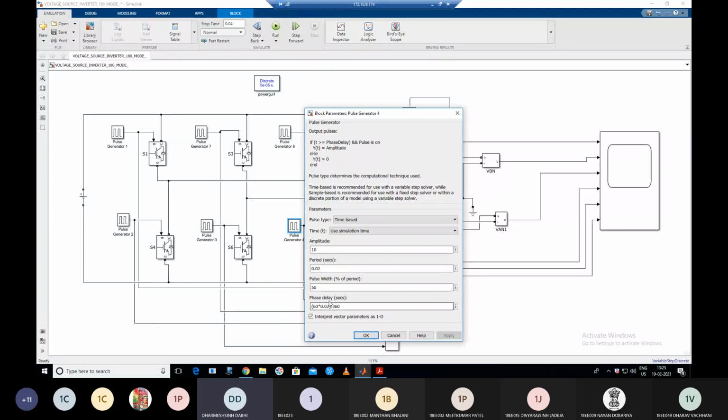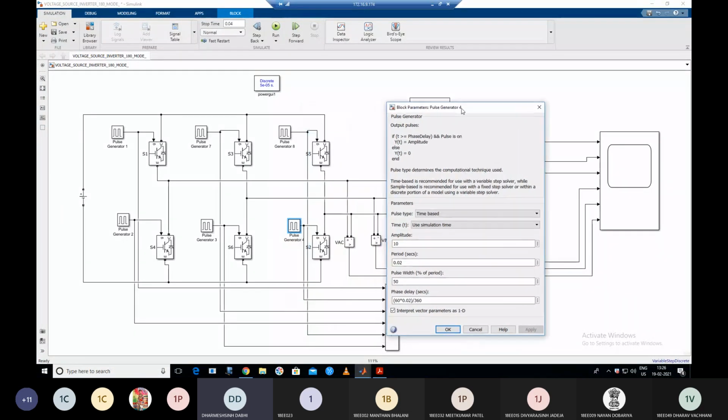Now you can see the phase delay. I provide the phase delay in seconds. In angle, the phase delay is 60 degree. So here convert this 60 degree into seconds. As you know, 360 degree is 20 millisecond. So 60 degree is how much? That is 60 multiplied by 0.02 divided by 360. Okay. So it means that at 60 degree angle, switch number S2 gets the